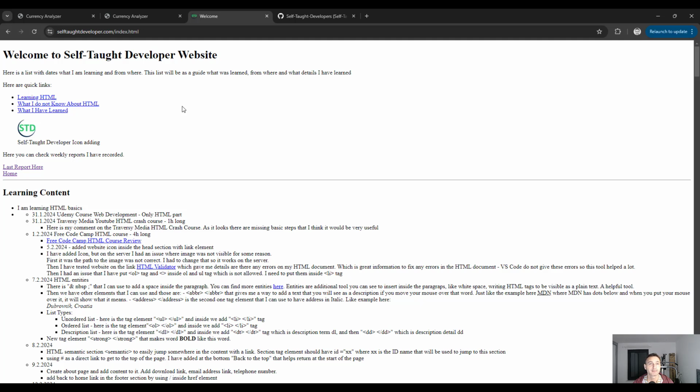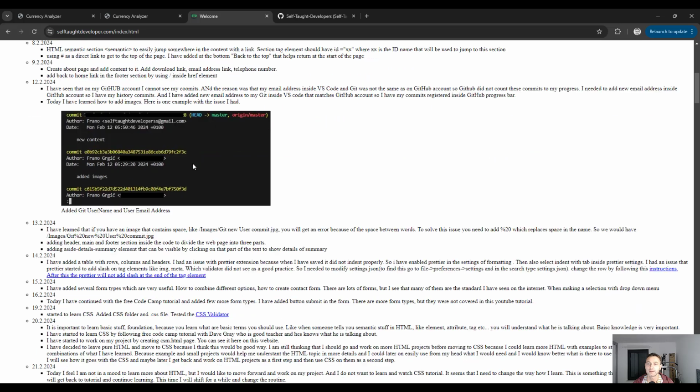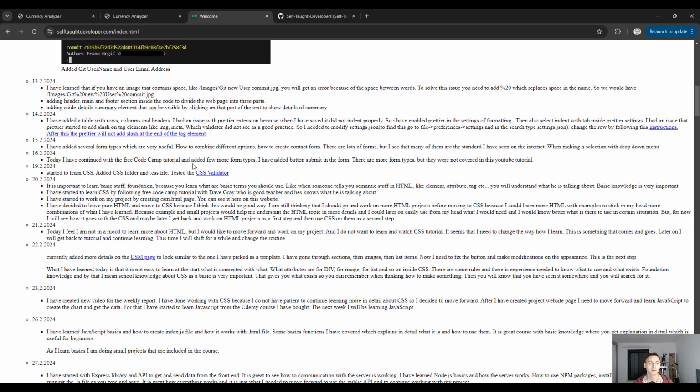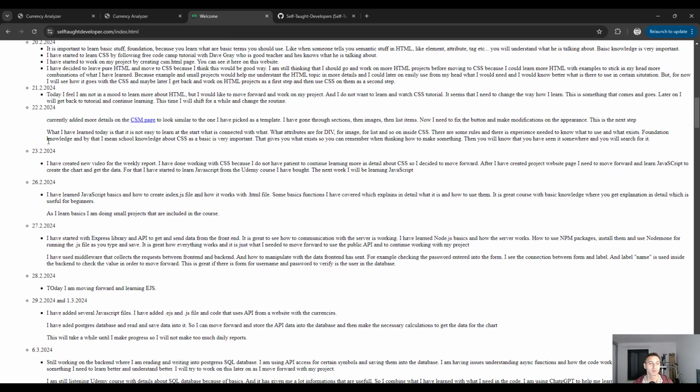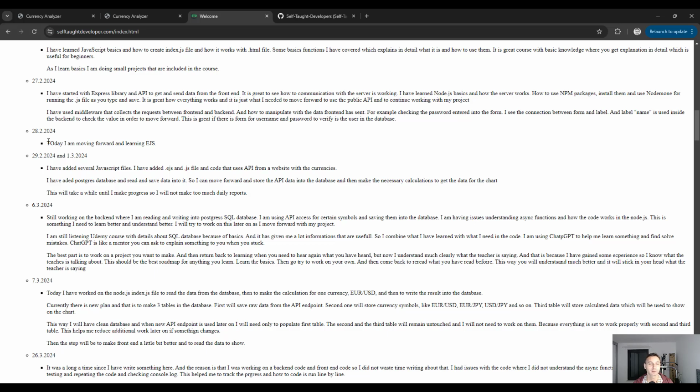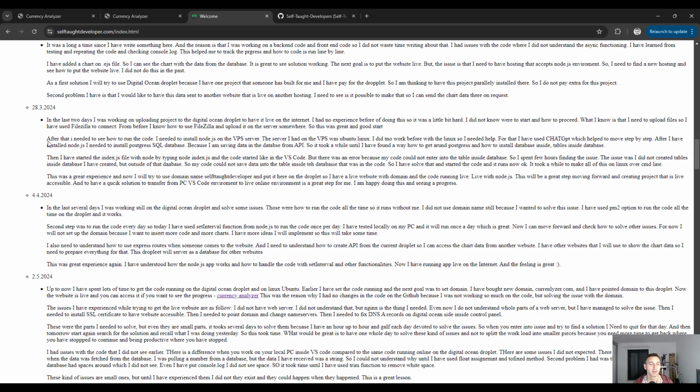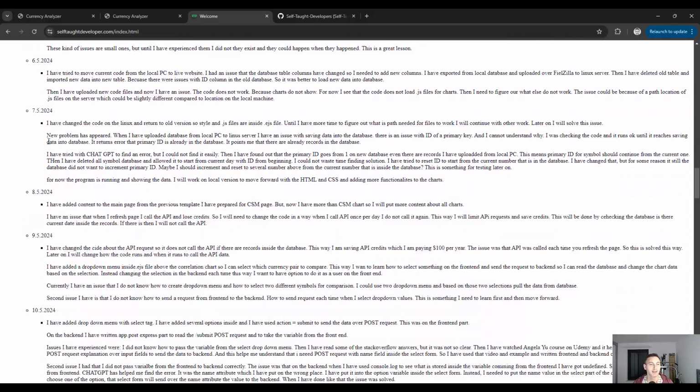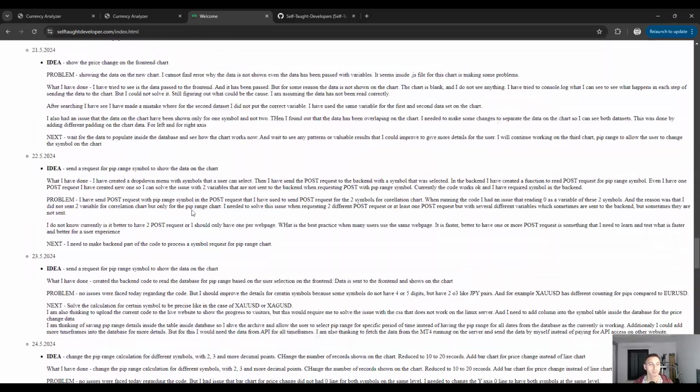Now I have several windows here for you. First one is self-taught.com. You can see it is a home page where I'm writing only in HTML, nothing about the CSS because I'm not working on this website, where you can see how I started working on this project. You can see all the details with the dates, what I have done, what I have used as online course, what kind of problems I had, and then later on you will see I have switched to